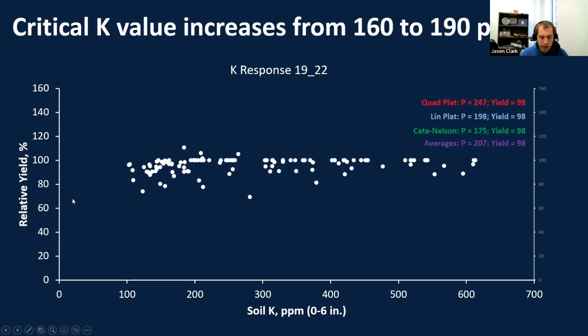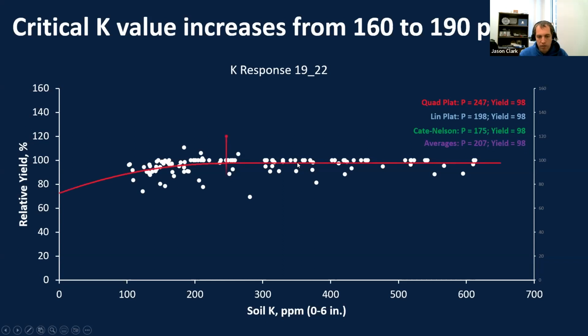Potassium's a little bit more difficult to work with. We'll just say that. We don't have as many lower soil test levels because the soils in South Dakota are just naturally abundant. So it's harder to get the area down here to see what that yield would be. So we don't have as much room here to work, but we can see generally we're below 100% about right here. And somewhere around here, we hit pretty consistently. We're up and down around 100%, which is not likely to increase yield.